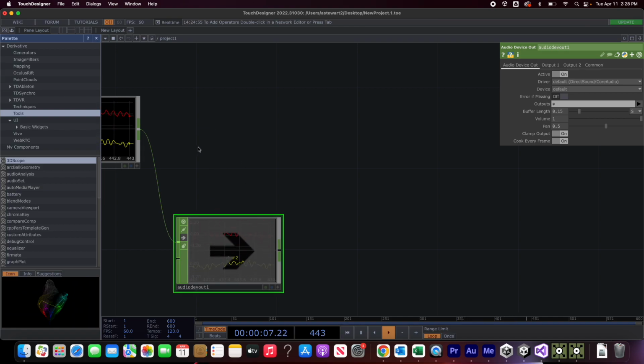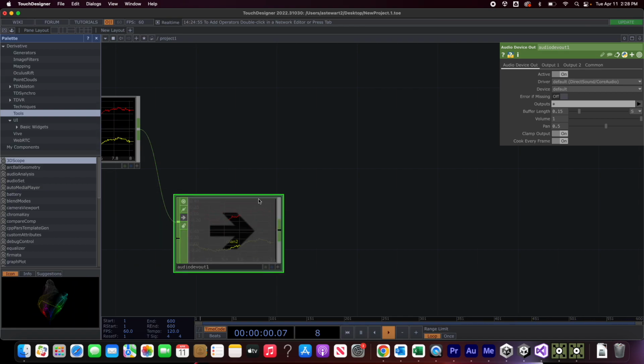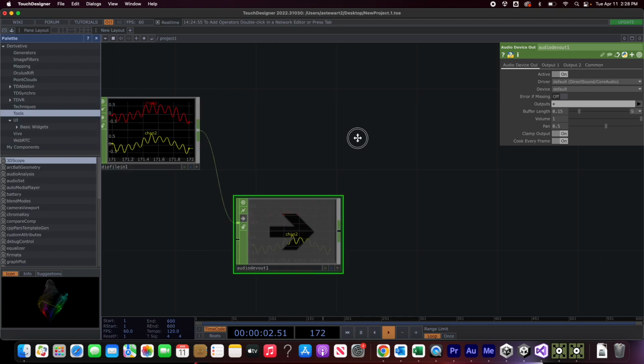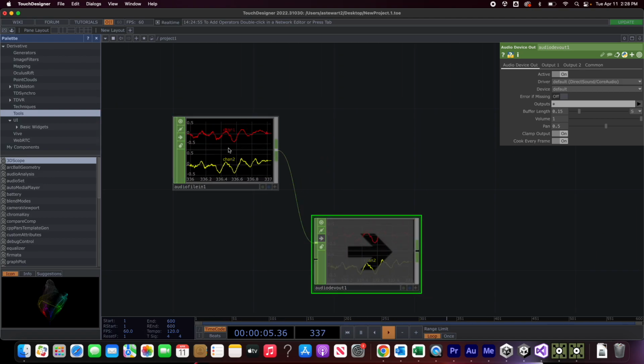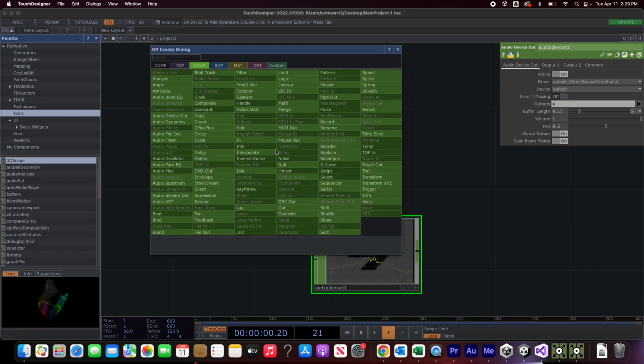So the next thing we want to do is, in this case, we only want to deal with one audio channel. We don't want to have both of these channels split. We'd like to just combine it together and essentially make it mono. There is a pretty simple way to do that with the math operator. So what we're going to do is something we haven't done yet: if you hover over the output of an operator and you right click, it'll open up the same window. And now if I go to math, wherever that is, here it is,